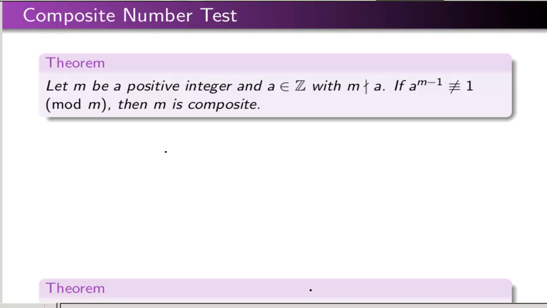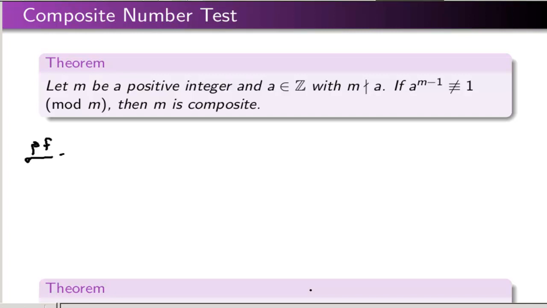The next test is a one-directional test. So a positive outcome allows us to conclude that the number is composite, but a negative outcome is inconclusive. So if we have a number m, a positive integer, and another integer a that's not divisible by m, if a to the m minus 1 power is not congruent to 1 mod m, then I conclude that m is a composite number. And it's a very simple test